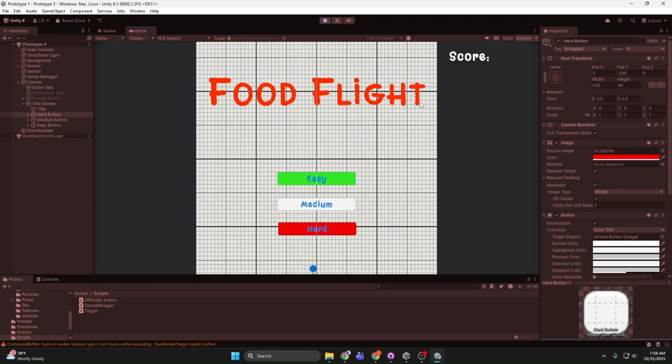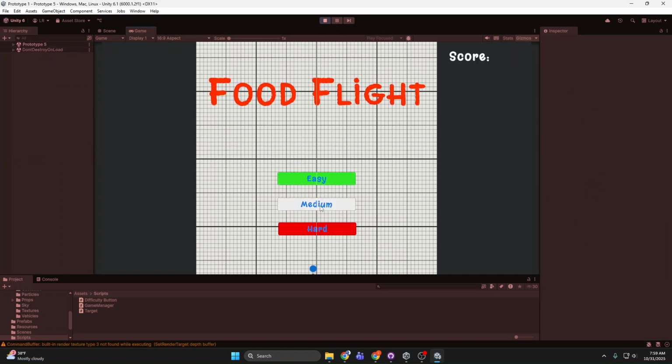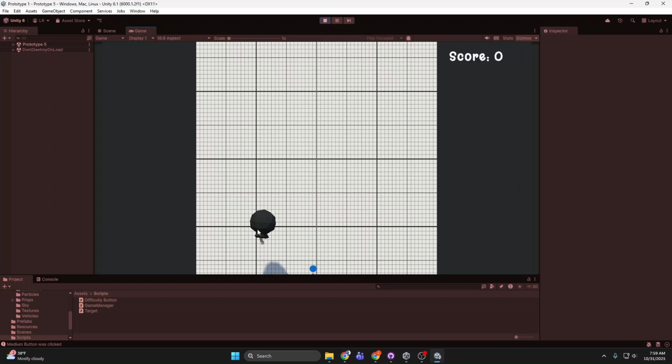And I have this basically, the title and these buttons programmed basically the opposite of the game over things, so that when the game starts, then these disappear. So if I click easy, then you can see that this is all the same. But then I can fail, and then click restart, and I can click on a medium or hard one, and it still works the same. So you could just keep doing this, and then if one falls, then I could go back and do hard. And hard is kind of absurd, but